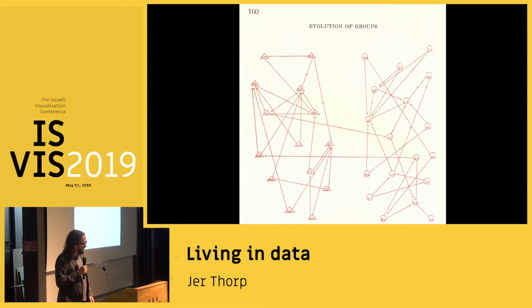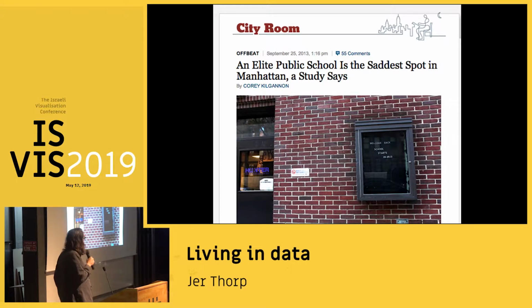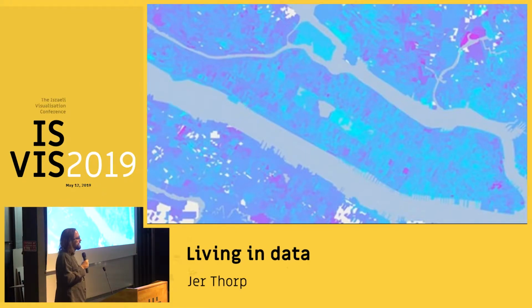If you fast forward to 2013, I woke up and read this story in September. The story came out of a research that had been done in Cambridge, Massachusetts. The people who did this study, a group of PhDs, they pulled 600,000 tweets from the Twitter API. They ran them through something called sentiment analysis, and they came up with a series of maps of New York City by emotion. This one is the happiness and sadness map. Bright blue are the places where the researchers said there was the most happiness. Purple are the places where there are the most sadness.